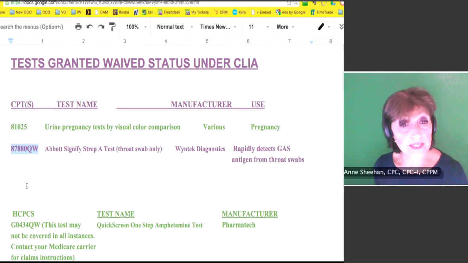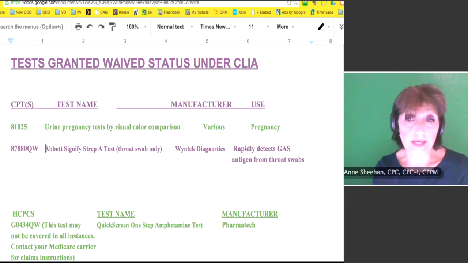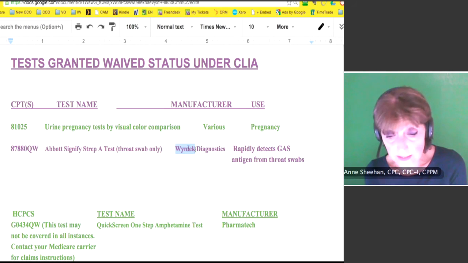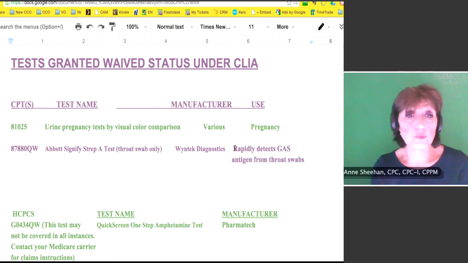Now the next one, CPT, is the 87880 QW. And the test name for this is Abbott Signify Strep A Test, throat swab only. I only listed 1, but there's probably 25, where it says various Wintech Diagnostics. And the use is that it rapidly detects GAS antigen from throat swabs. But again, I just listed 1. When you look up 87880 QW, you will see a whole list of manufacturers. And then the last one is a HCPCS code, and it's